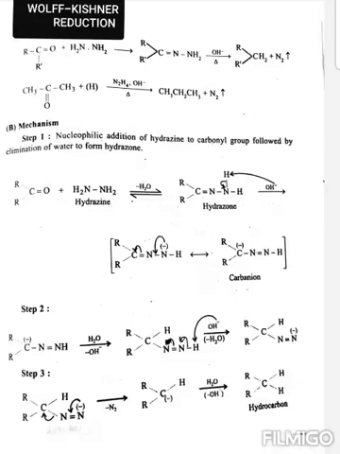Hello everyone. Today in this class we discuss the continuation of the concept we discussed yesterday, that is, reduction of hydrocarbons. In the last class we discussed one concept, that is Clemmensen's reduction. In this class we discuss the Wolff-Kishner reduction. So what is the Wolff-Kishner reduction? The Wolff-Kishner reduction is nothing but aldehydes or ketones reacting with hydrazine in the presence of sodium ethoxide to form hydrocarbons.